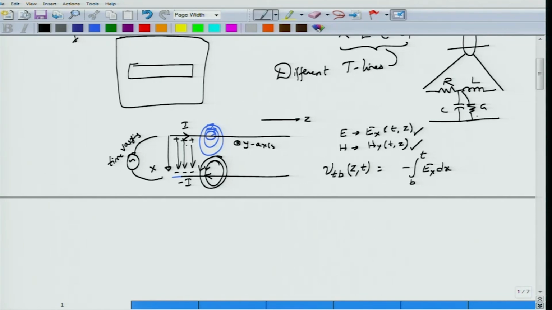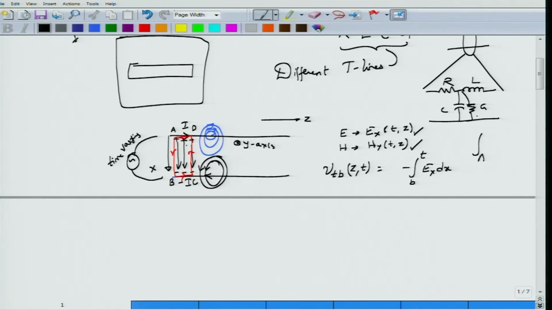Supposing we come back to the electrostatic case, where I didn't have a time varying potential source connected to the transmission line. Then if I choose a closed loop like this and go around this particular loop, what would I see? I would see that the potential at these two points is constant, because in the electrostatic case the potential at points A and B, C and D is constant. The potential taken around the loop A, B, C, D, the electric field line integral over A, B, C, D,